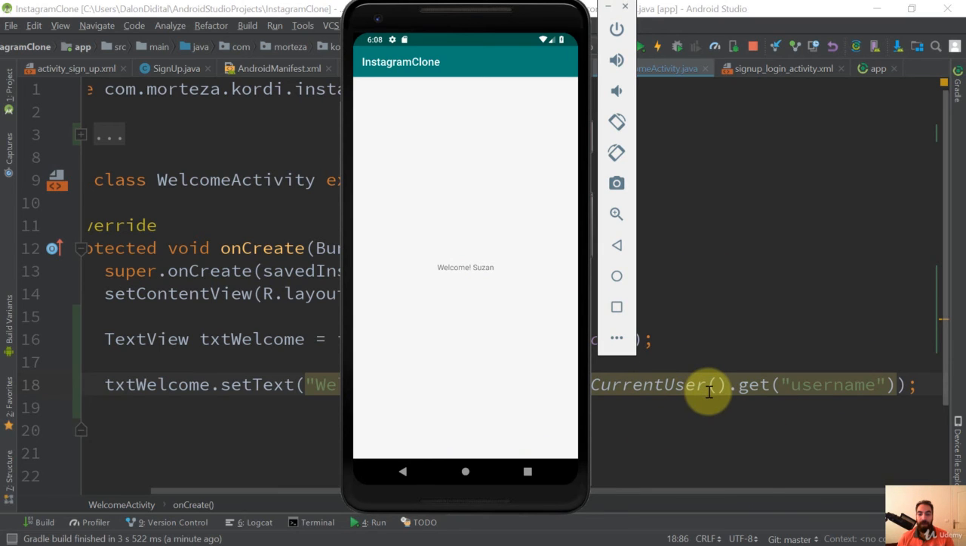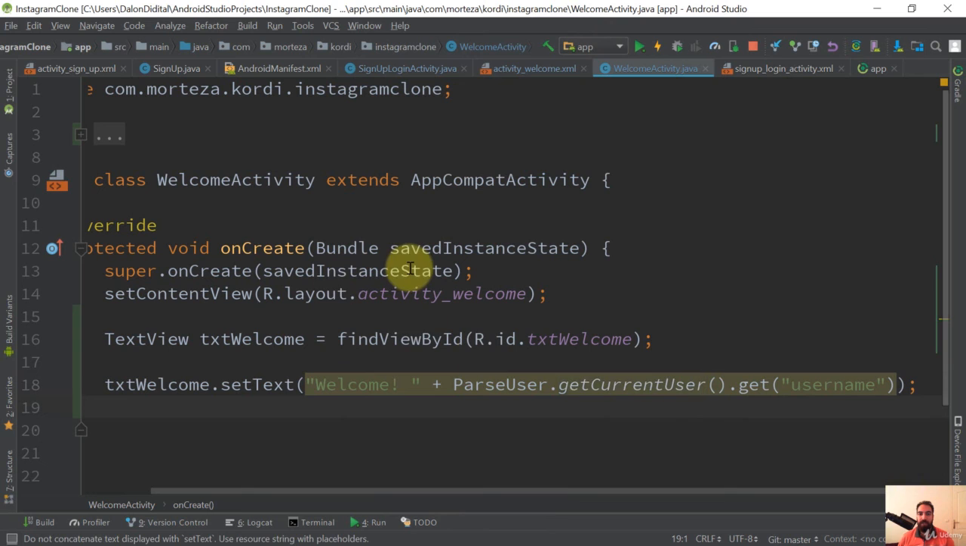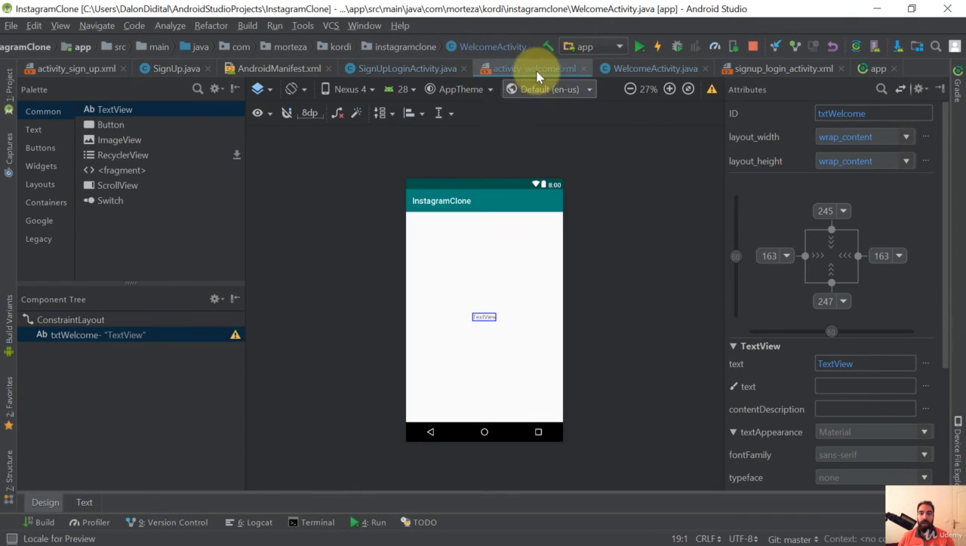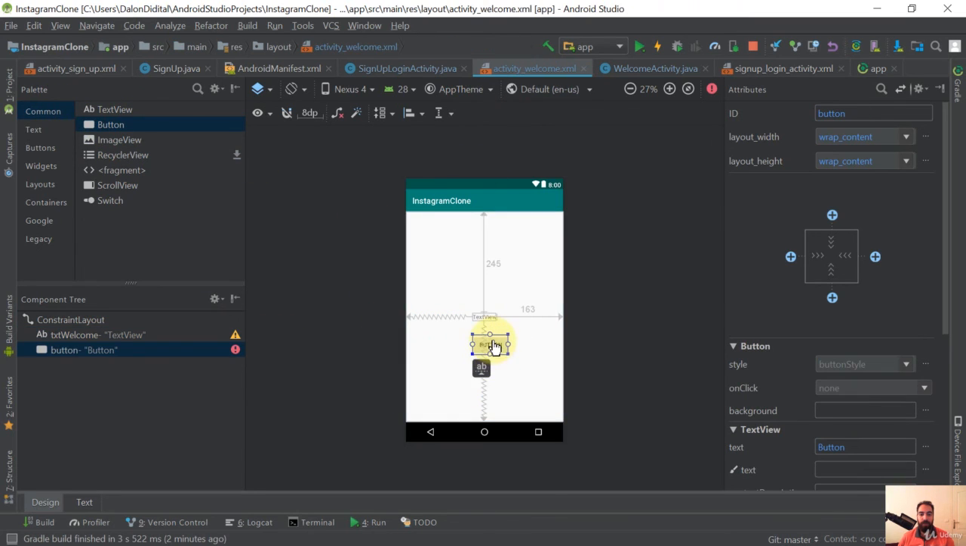So everything is fine. And I have another challenge for you. Go ahead and add a button to this welcome activity here and allow the user to log out by just clicking on that button. So let's go ahead and solve this challenge. Go ahead and open the activity underline welcome.xml file. Let's drag a button below this text view. Let me add the constraints first. Let's change the text to be log out, and let's set the ID to be btn logout,